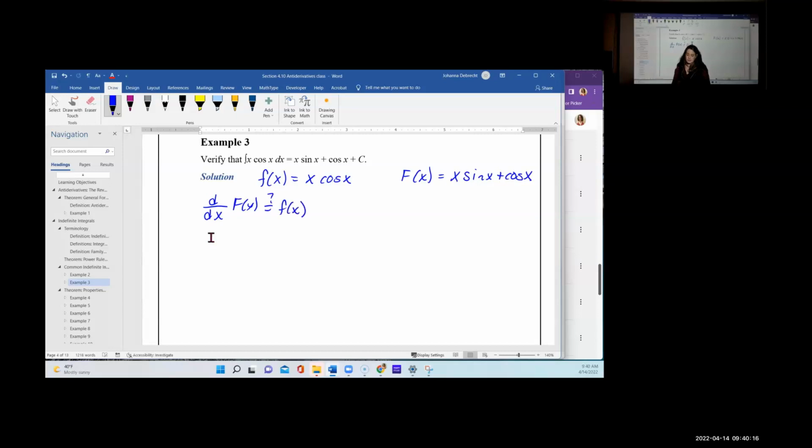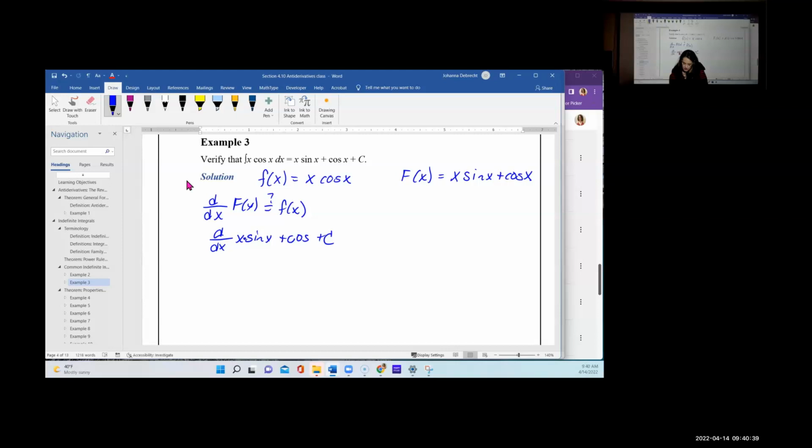And it should, right? If uppercase F is an antiderivative of lowercase f. I'll be very glad when I can stop saying uppercase and lowercase. So we'll take the derivative